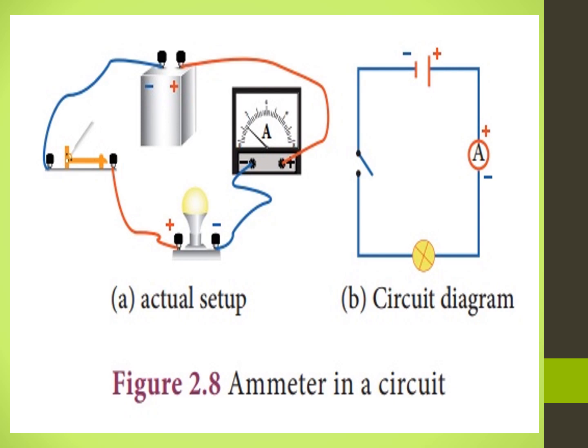Next problem, you see, the current flowing through the lamp. Everybody opening the book or not? See the book, everybody. The current flowing through a lamp is 0.2 ampere. If the lamp is switched on for 1 hour, what is the total electric charge that passes through the lamp? Here I is equal to Q by T. Here we want Q, the quantity of charge. So Q is equal to I multiply T.